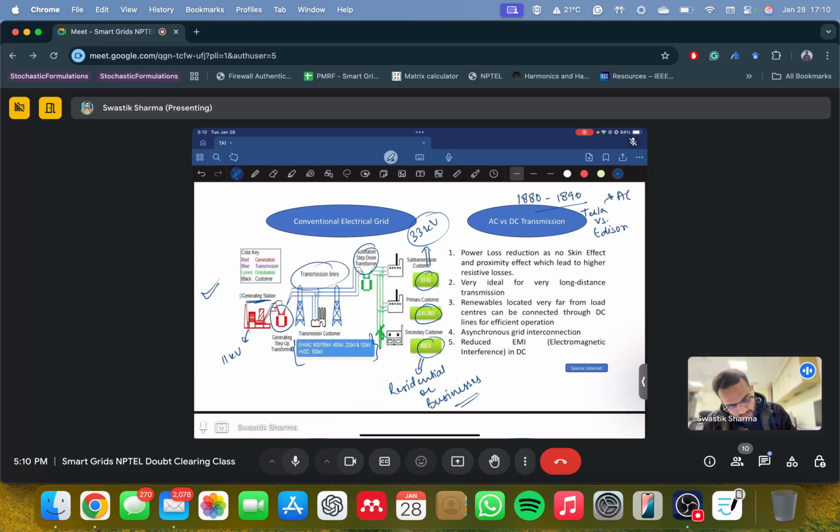Tesla fought on behalf of AC, and Edison fought on behalf of DC. At that time both had separate companies which catered to different sets of customers. They wanted to set a standard for the whole of the United States on which the electrical infrastructure would be built, right? They didn't fight physically, but it was like a cold war between the two of them,